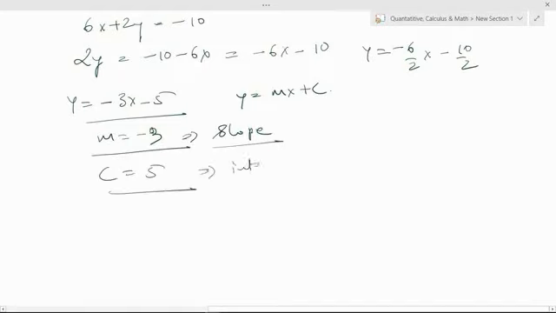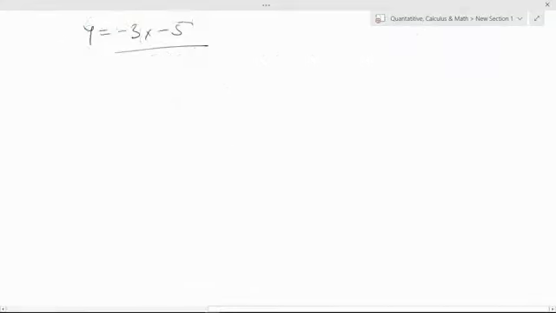Now let's try to plot it, and we'll have a very good understanding. It is always good to get the endpoints of the equation. You always start by keeping x as 0. If I put x as 0, I see y is equal to minus 3 into 0 minus 5, which is nothing but minus 5. So I get one coordinate.